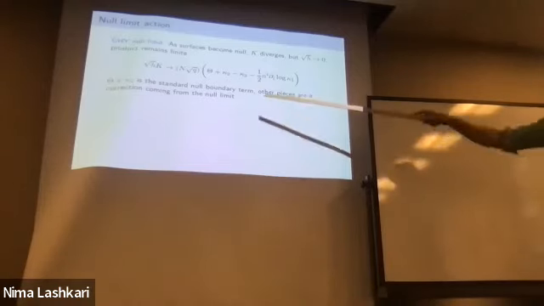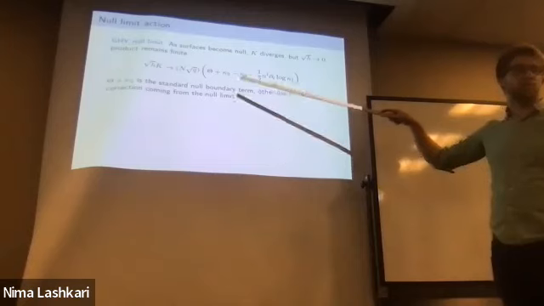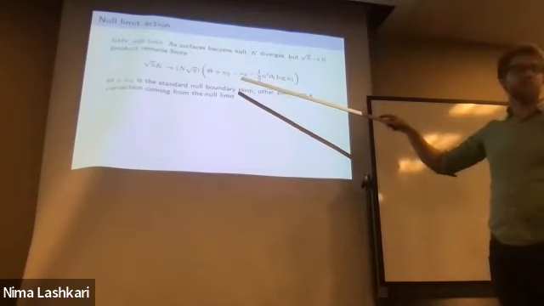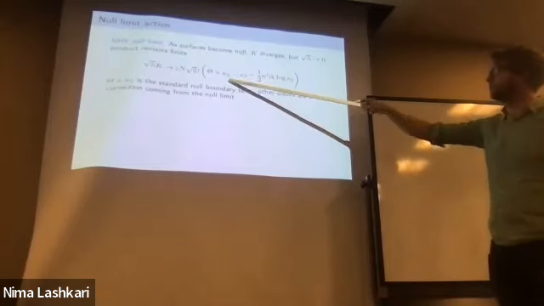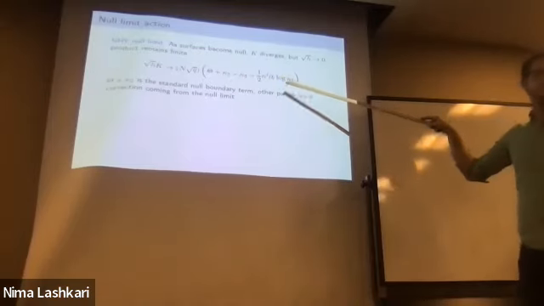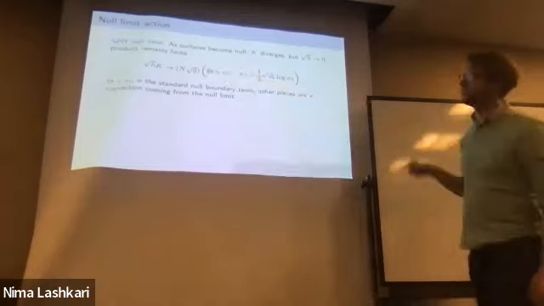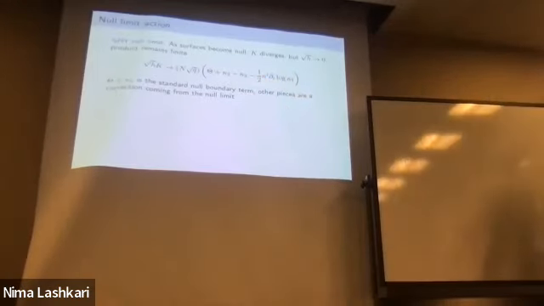Yeah. It's a little funny too on Killing horizons. All of these surface gravities agree, and they're constant on the Killing horizon, which is the zeroth law. So you can see this would cancel that, and this would be 0. So this would be 0, and then that's also 0 on a Killing horizon. Okay, so on Killing horizons, the boundary term is 0. But